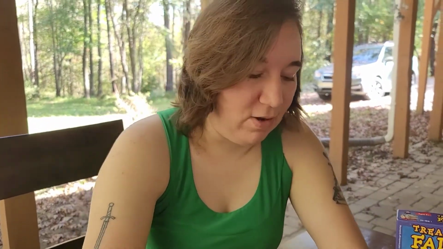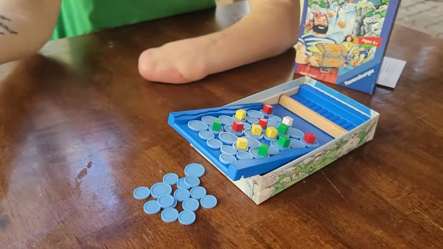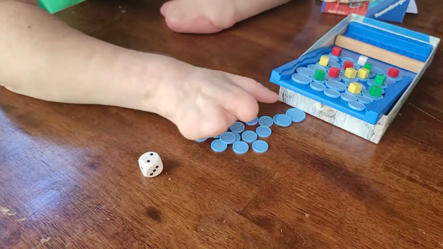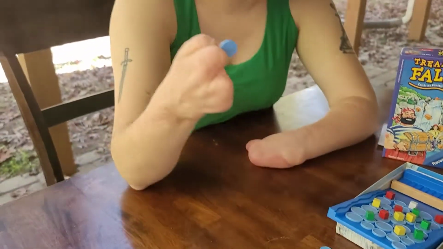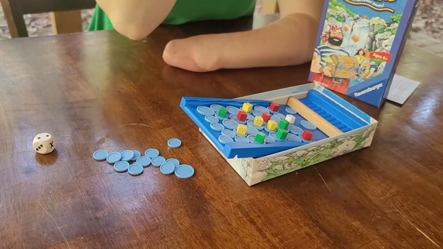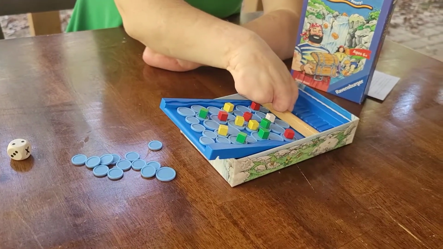So the way that it works is on your turn, you'll push the log back, you'll roll the die, and the die will tell you how many discs you add. You are supposed to add at least one large disc, so we'll do that now. And then because I rolled a 2, I have to add an additional disc, and we'll do that now. To end your turn, you'll push the log up,